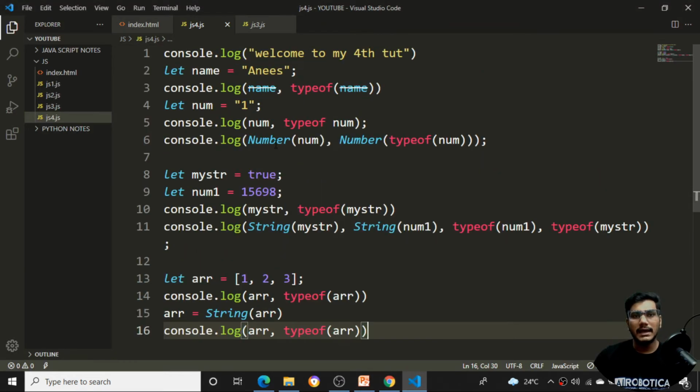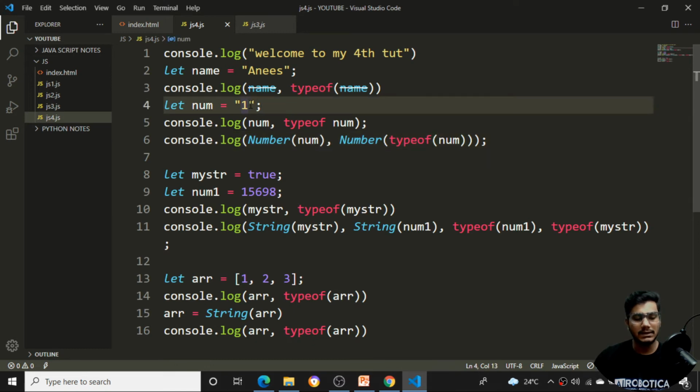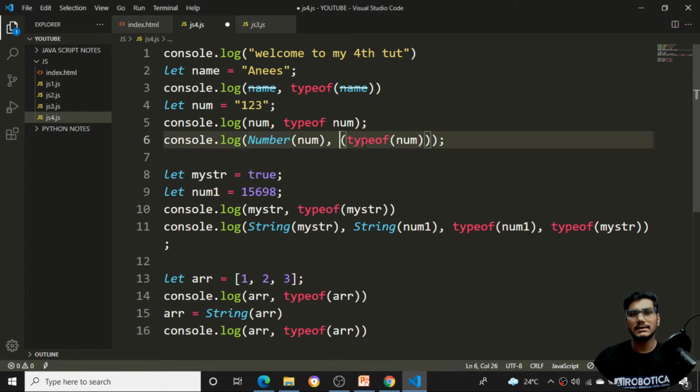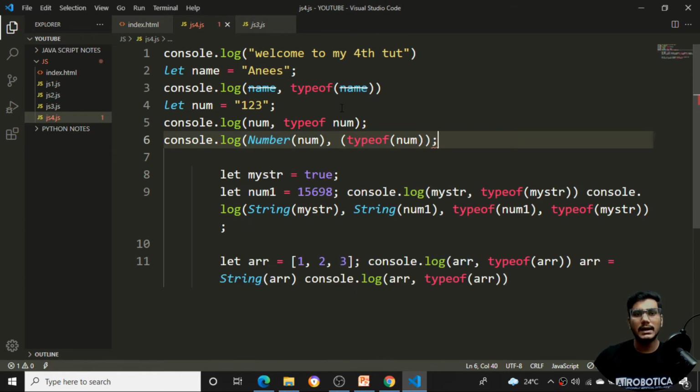Here you can see I am getting a type of number is not a number, even though I have given it as a 1. If I give it as 1 2 3 here, now what I'll do is convert the particular thing inside a number. So let it be like this itself. I'll just remove this one, like this. What is the syntax error? Something, the syntax error is given. I need to close one more.